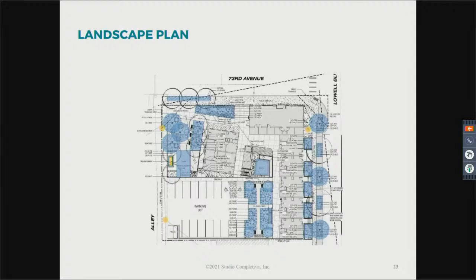And providing water quality, as well as shifting a lot of those flows from the roofs to Lowell Boulevard. So this design has ultimately reduced that flow going towards the alley as much as we possibly could, with the flooding concerns in mind.